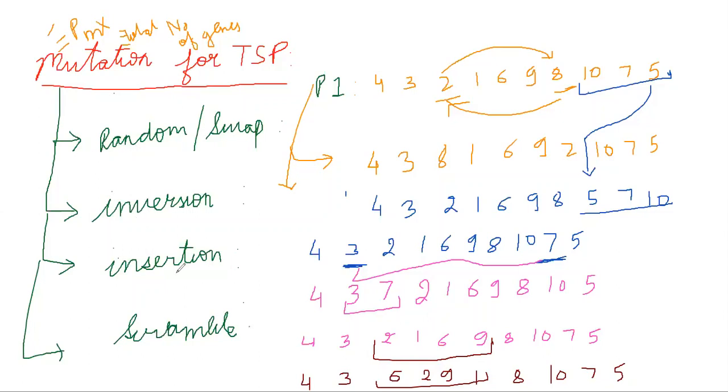Okay, definitely when we use inversion and scramble, I have a greater extent to which I am going to change my positions. So we have to take care of how many, again I'm saying it, it is not bit positions, it is the number of element positions or number of genes I should say in my chromosome which can be changed. Okay, I hope it is clear with all of you.